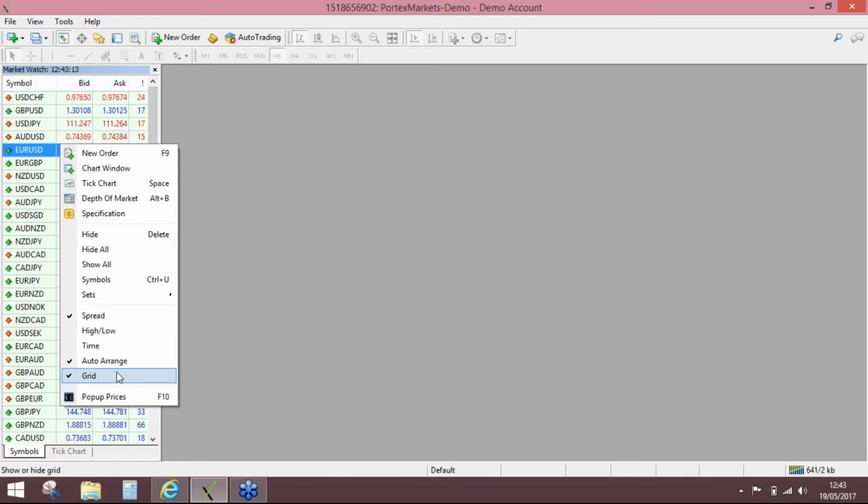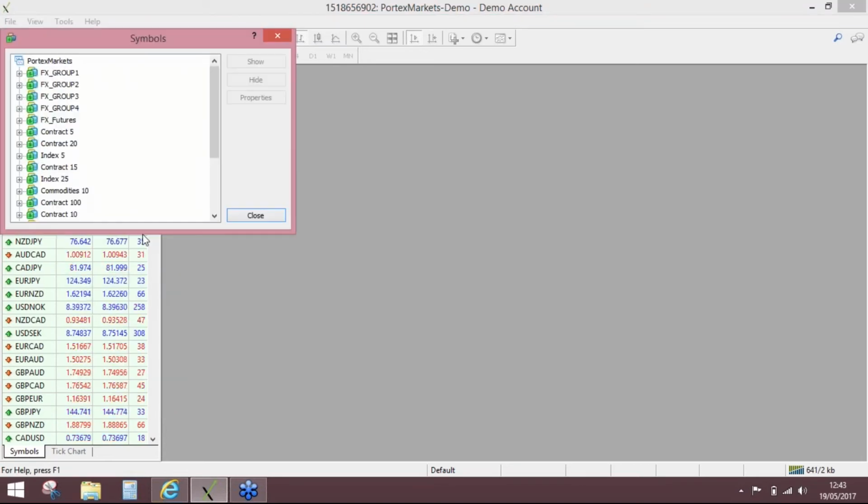I usually just have the symbol, the bid and the ask running so that the market watch list doesn't become too cluttered. If you want to remove a symbol specifically from that market watch list, so for instance, if you're just concentrating on the major pairs and the other ignore the exotic pairs, the commodities and the indices are irrelevant to you, you can remove those. So if you just go to right click and then go to symbols, you can then